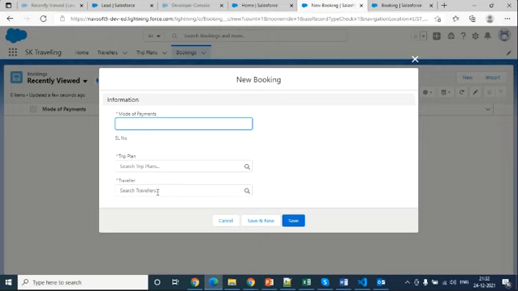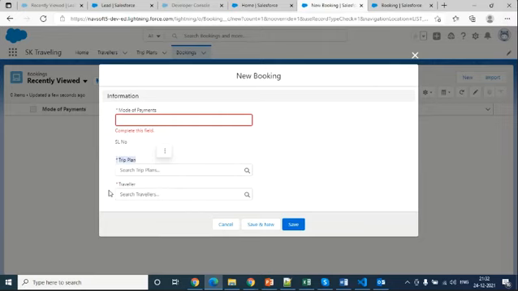Now see this, there are two fields added over here. Those two fields are required only. You can see the red star mark there. So you can write whatever you feel.